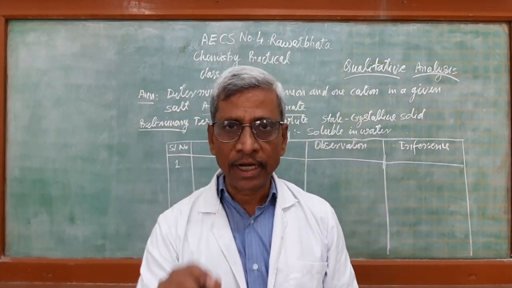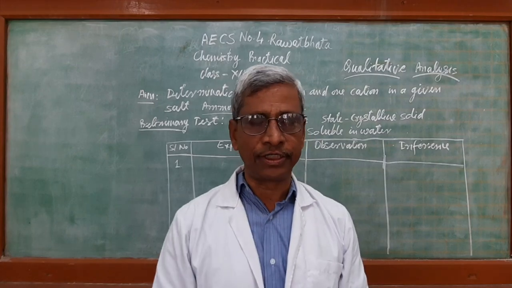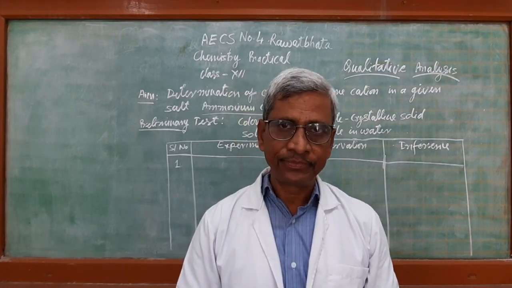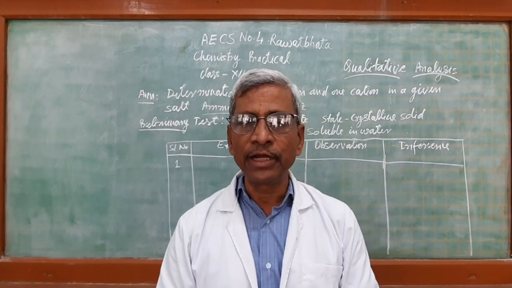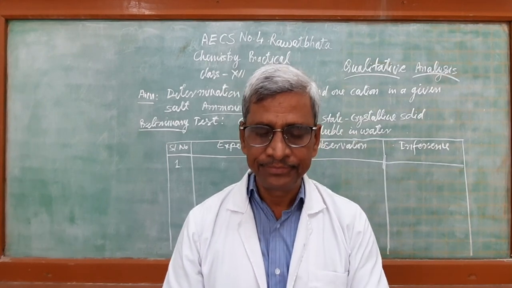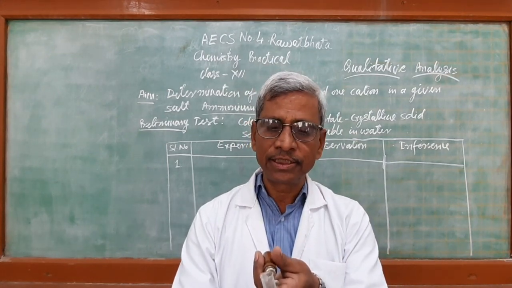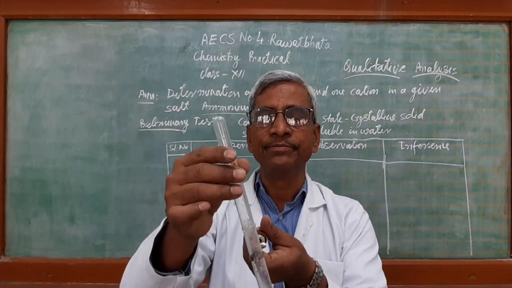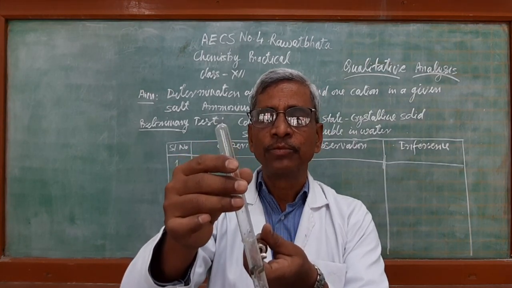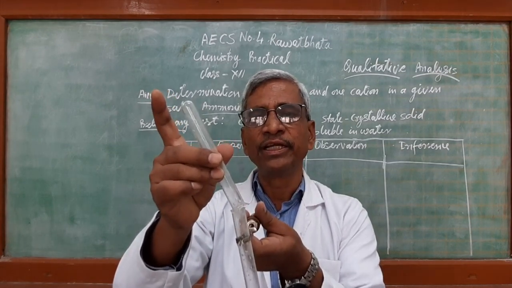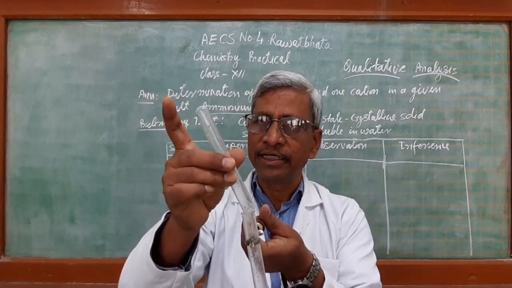We have to pass the gas through lime water; that is serial number 2. How to pass it? The gas which is coming out, we have to collect in a test tube in this manner. Here the salt, dilute sulfuric acid, and put the test tube here in this way. Some of the gas will collect in the test tube. It may be slightly tilted so that air will come out and the gas will collect in it.